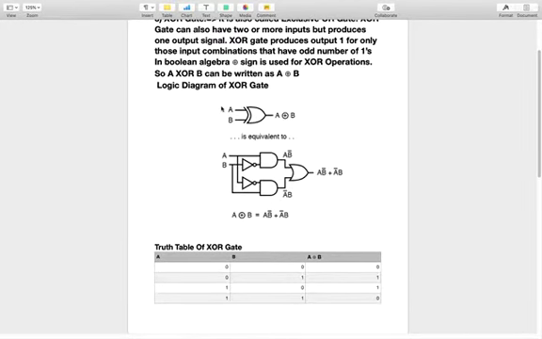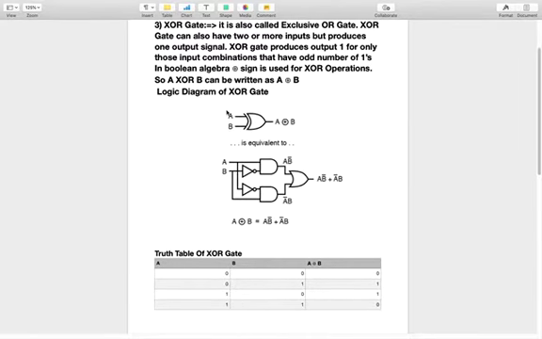This is the diagram of our XOR gate, which is the exclusive OR gate. It has two inputs and one output, A ⊕ B, and this diagram is equivalent to this diagram. Generally the expression A ⊕ B denotes A B' + A' B. So this diagram stands for A B' + A' B, and this expression denotes A ⊕ B.